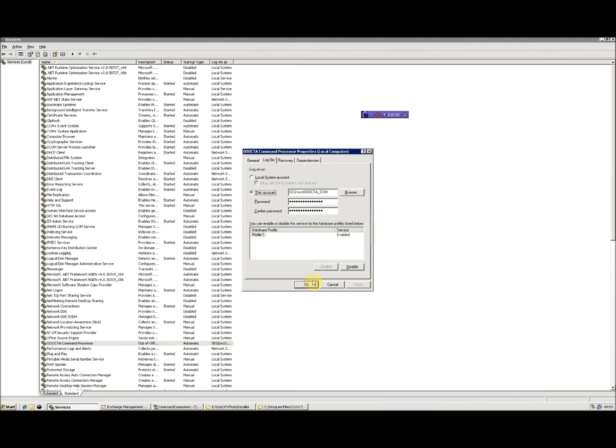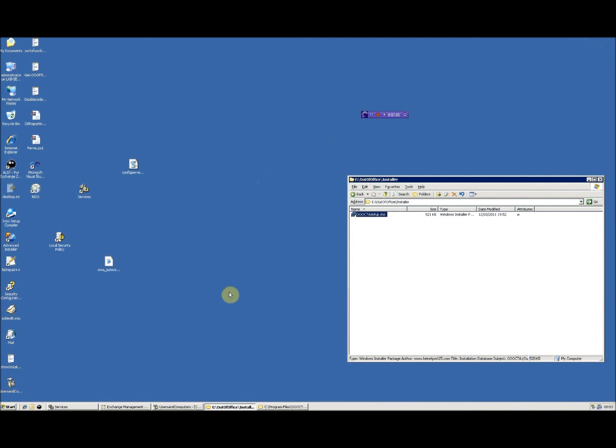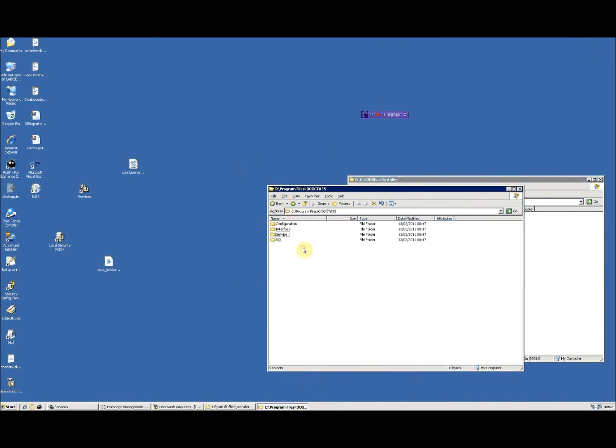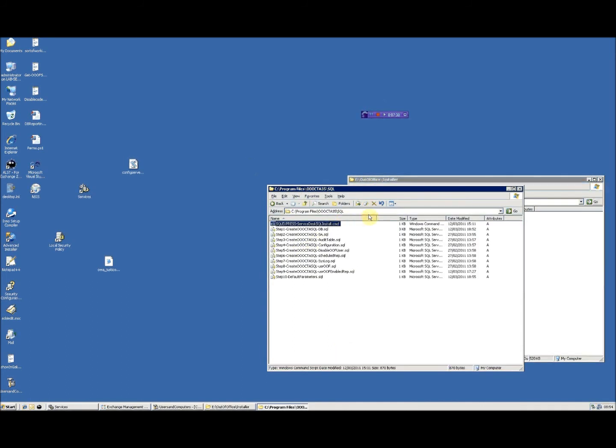So, we're into the home straight here now. What we basically want to do is set up our SQL database. Going back to the installation binary location, you'll see that there's a folder called SQL. If you open up the SQL area, you'll see that there are a number of SQL scripts and a batch file. Upon execution of the batch file, and remember this is for SQL Express, which is installed locally on the server,